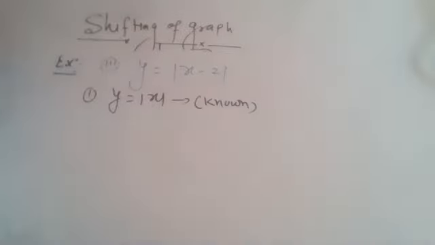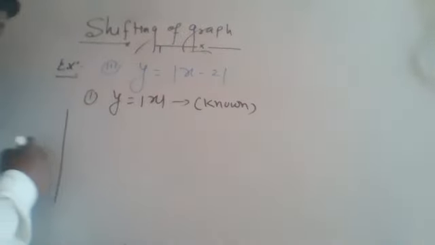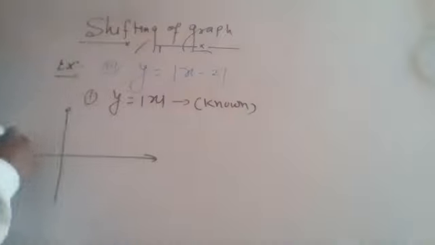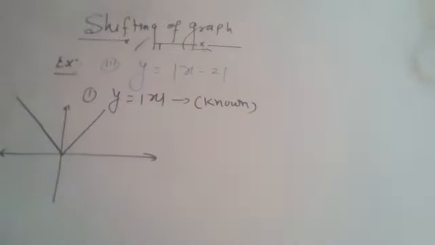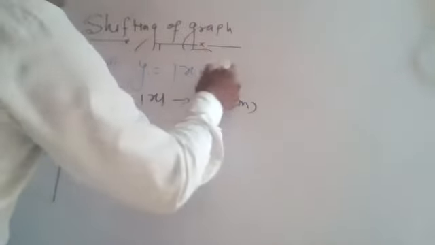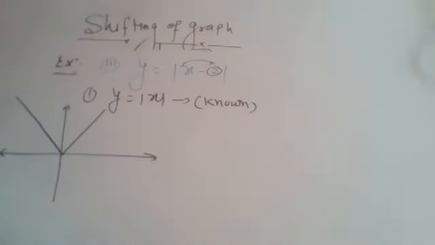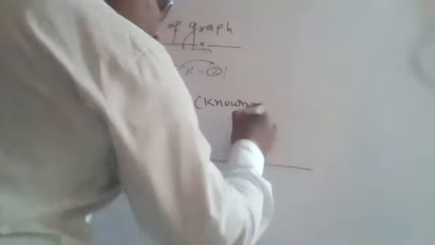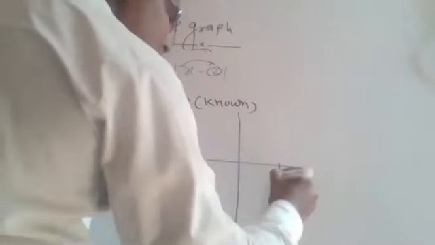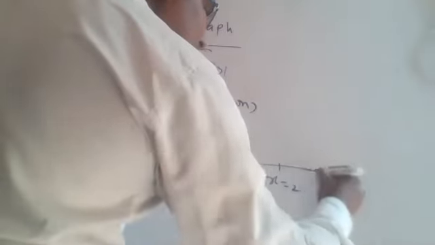We know very well that it... So first of all, we have to just draw the graph of y equals to mod x, and mod x is like this one. You know very well that. After that, we have to see the constant is just going to be subtracted from the variable. So when the constant is subtracted from the variable, then what we have to do, beta? We have to just shift the graph at x equals to